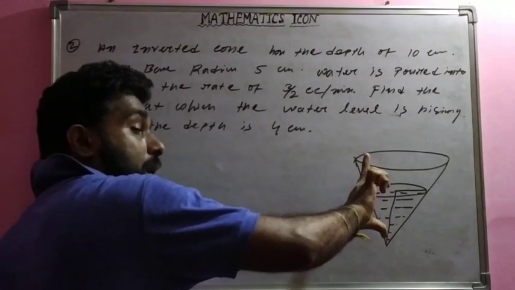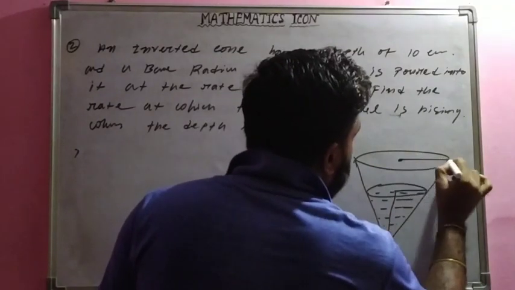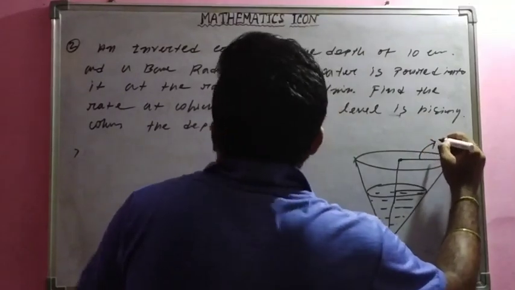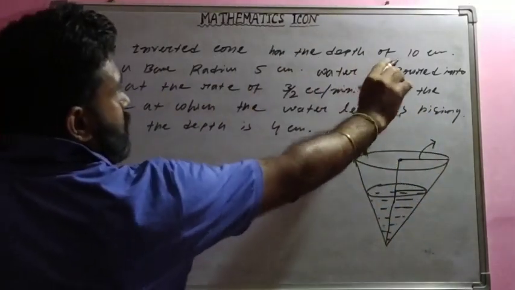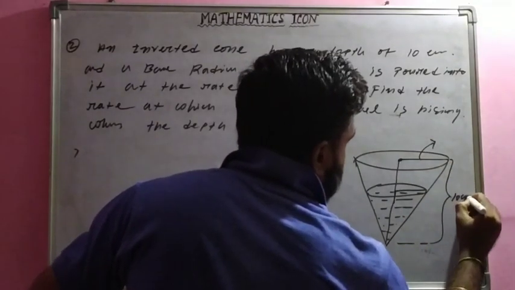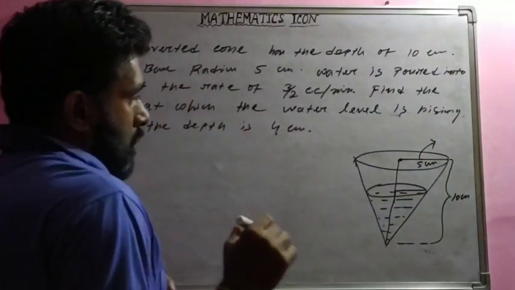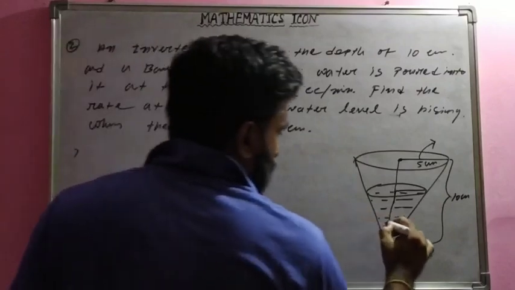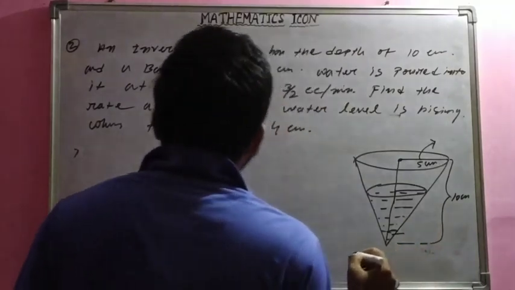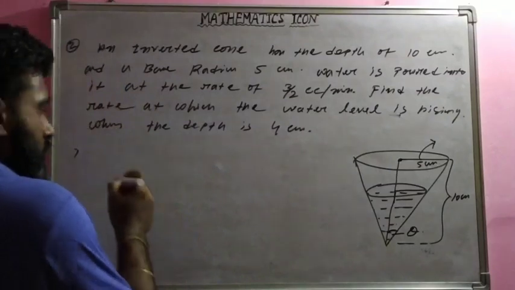मीन्स एच बढ़ेगा, ठीक है। सो यहां पर अकॉर्डिंग टू दिस क्वेश्चन कोन का बेस रेडियस दिया गया है और हाइट भी दिया गया है। दैट मीन्स कोन का बेस रेडियस है, देखो यहां पर इन्वर्टेड कोन हैज द डेप्थ 10 सेंटीमीटर। दैट मीन्स यहां से लेके यहां तक है 10 सेंटीमीटर और ये है 5 सेंटीमीटर, ओके। और ये तो सेमी वर्टिकल एंगल है ना, नहीं दिया गया है, थीटा ले लेते हैं, ठीक है।